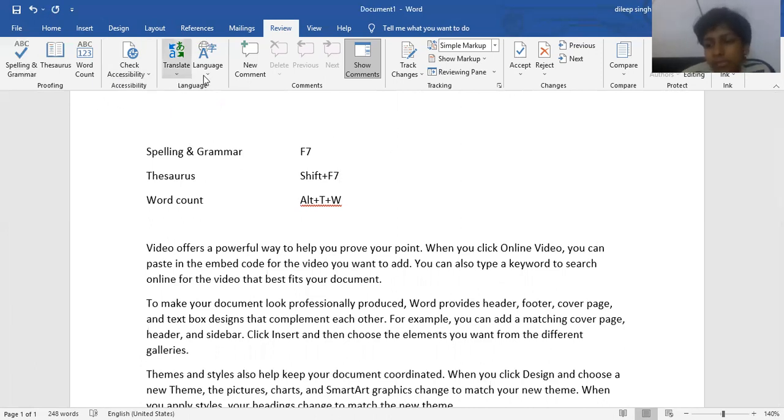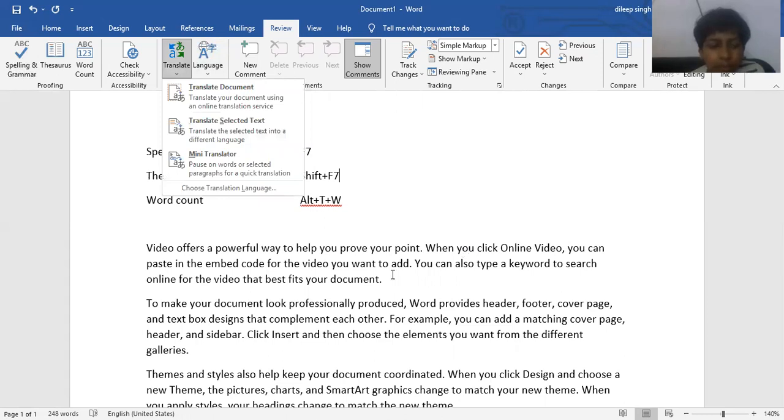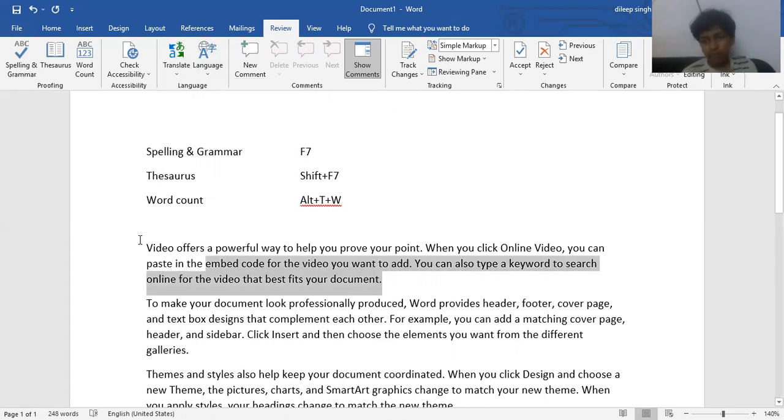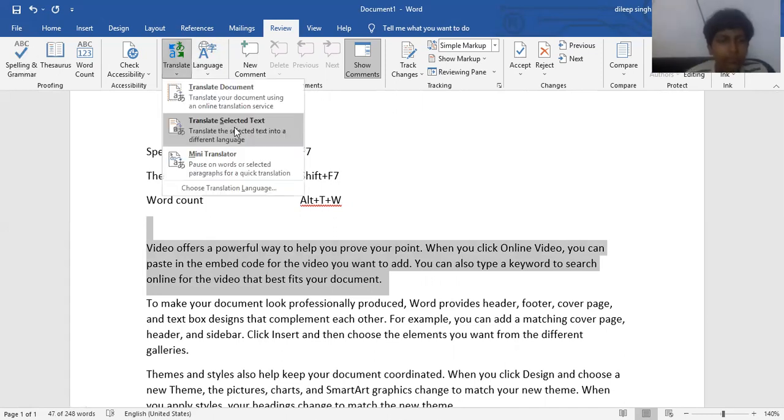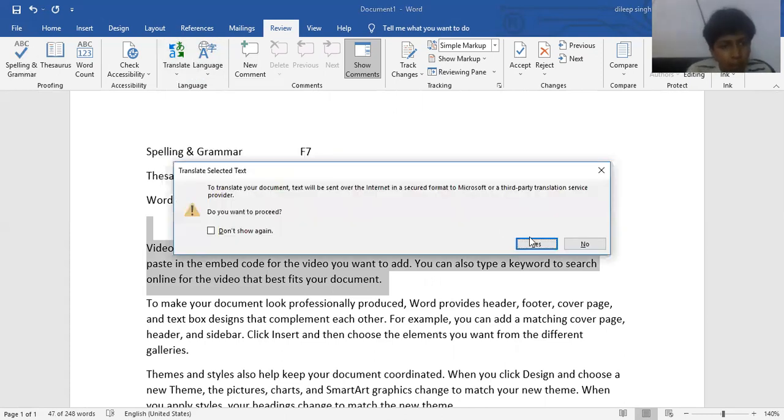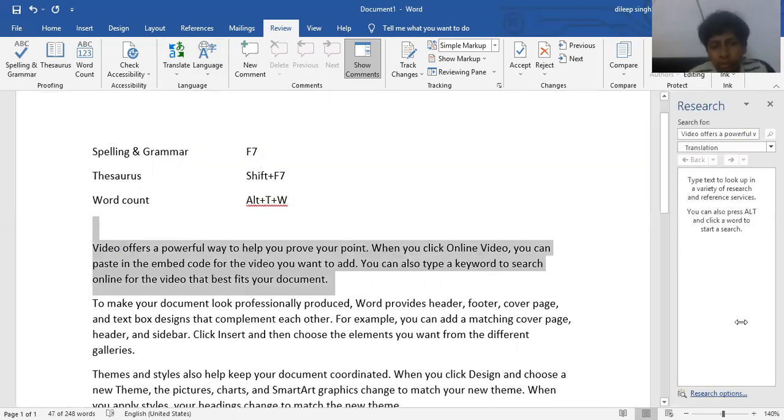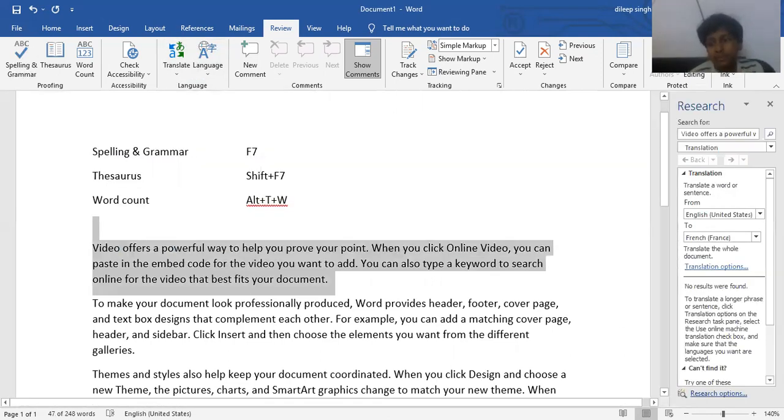Translate. When you click on translate, after selecting this paragraph, just click here and the option is translate selected text. When you click on translate selected text, you will get a pane on the right side, and here you choose which language you want to translate English into.